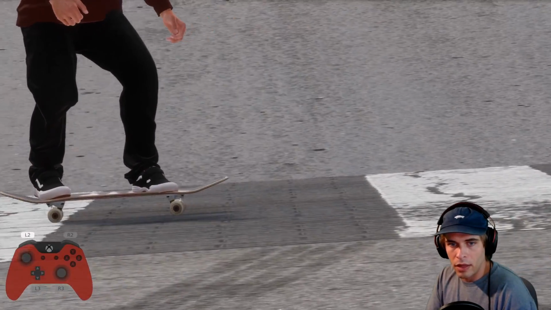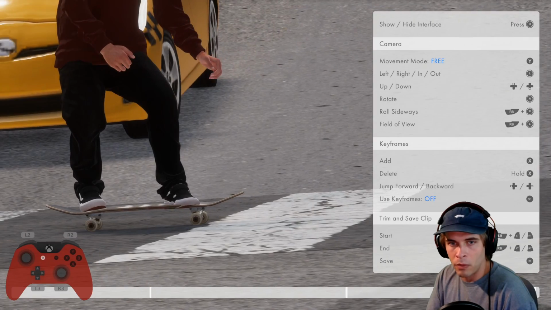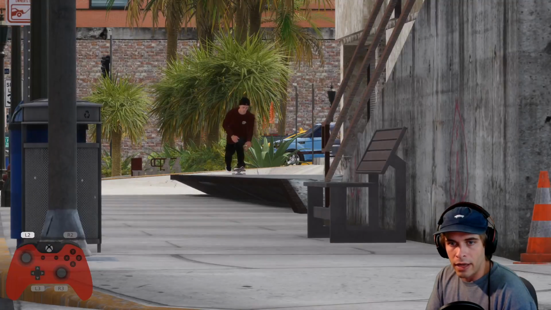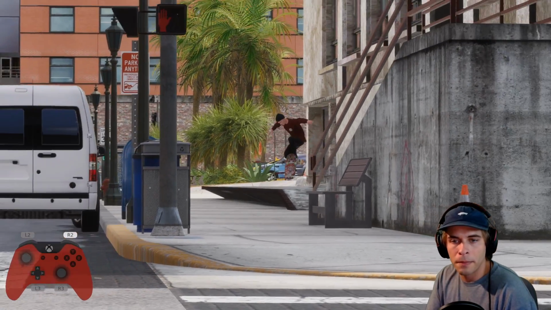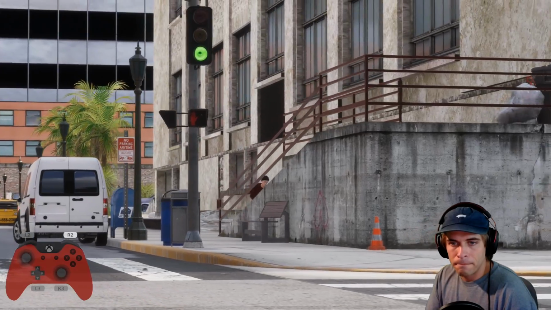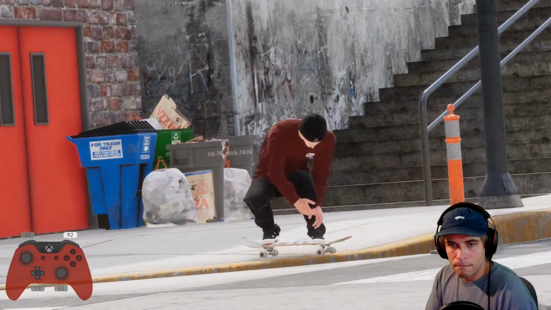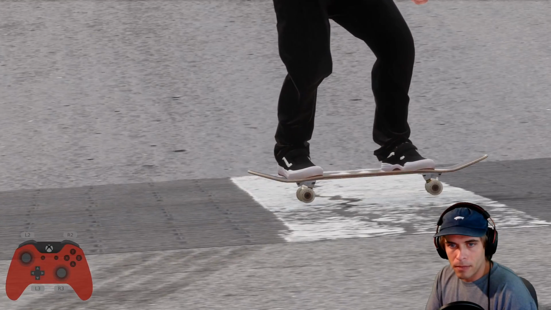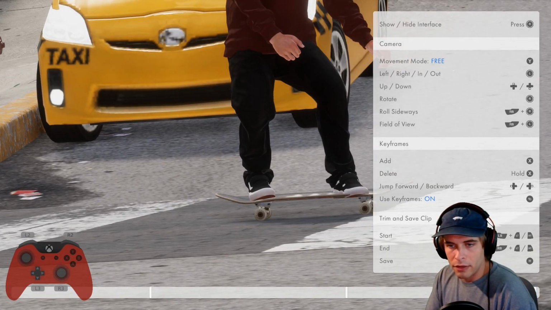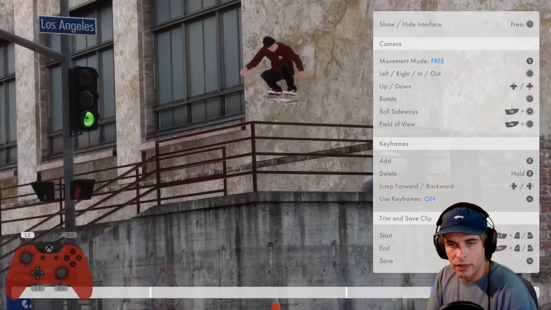And that was okay. He kind of leaves the frame here a little bit, so I can add another keyframe right there, and that whole clip should be done, basically. And that's kind of it, really. I could have made it a little bit better at the end, but that's basically how I could film that